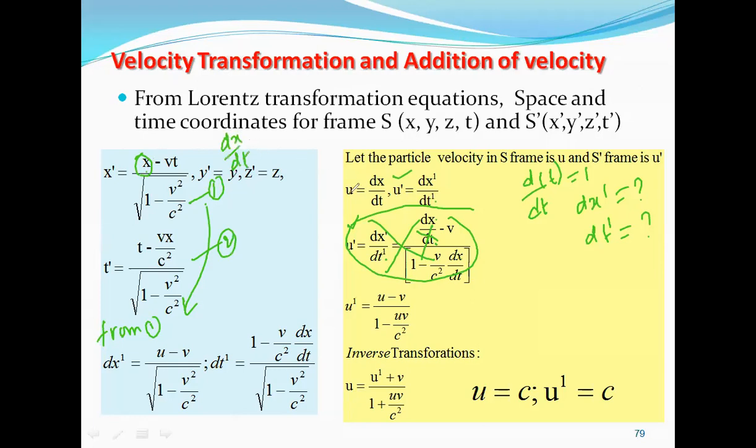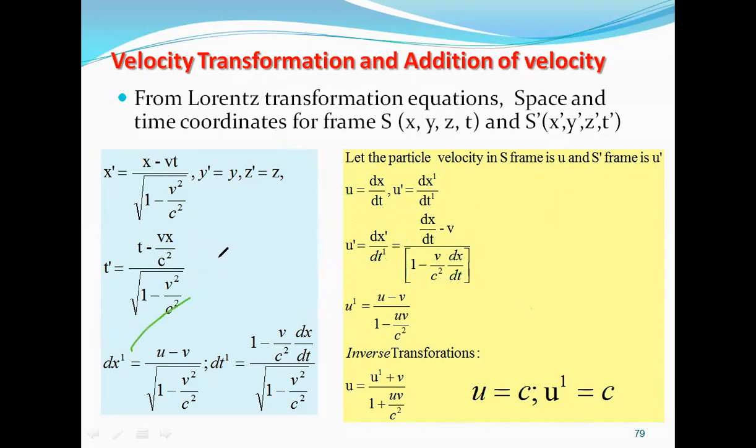So dx by dt, we know that it's u, right? So I'm keeping u. And d by dt of vt. When you differentiate with respect to t, I'm doing dx prime by dt, right? So what is x prime here? I have to replace it with vt. When I do d by dt of vt, v is a constant, so don't do anything. V is a constant. So v, that's it. So let me show you again.